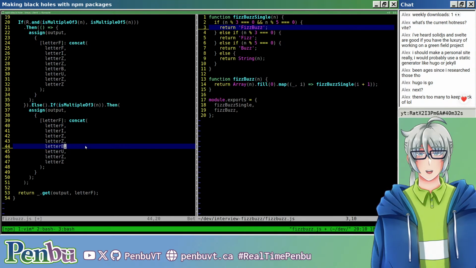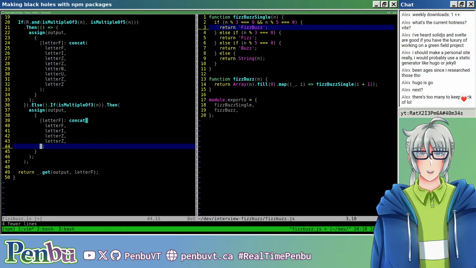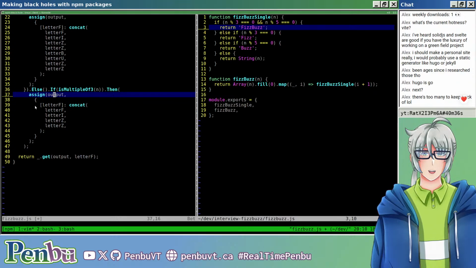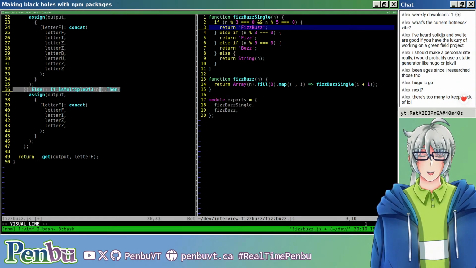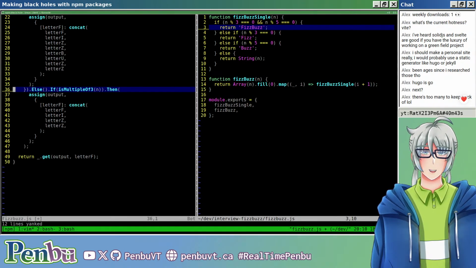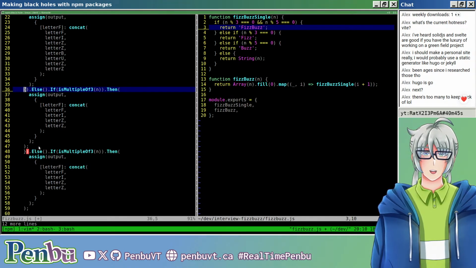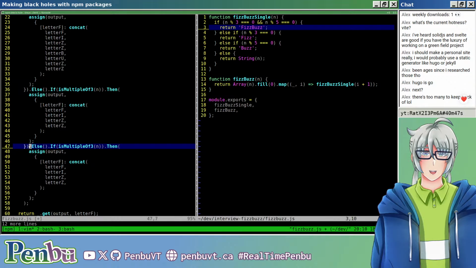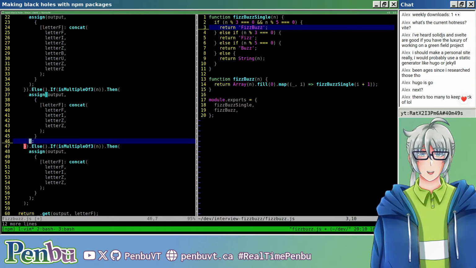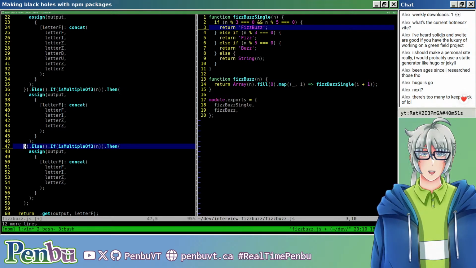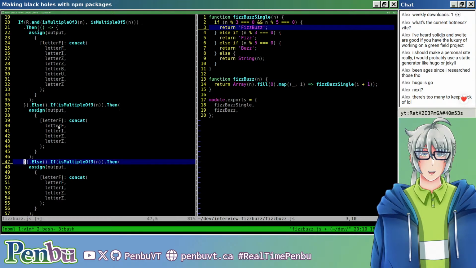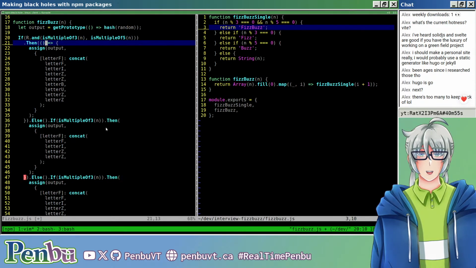And we only want biz this time. And then if it's multiple of 5, we only want buzz. So we copy this. Remove that. I think that lines up. Does that line up? Something is not quite right here. Because I need v dot then